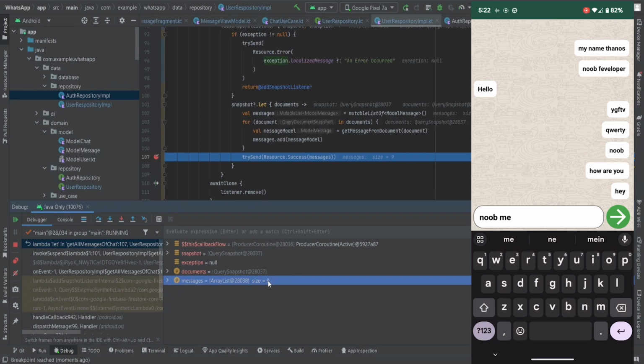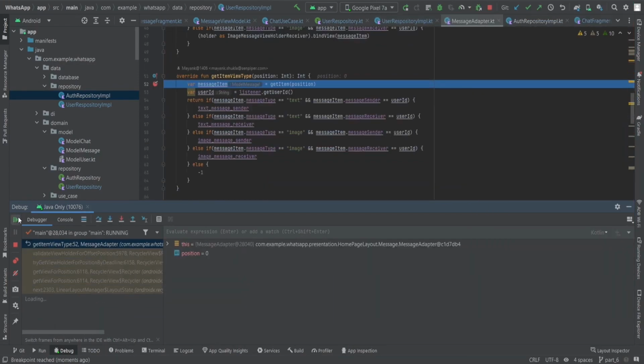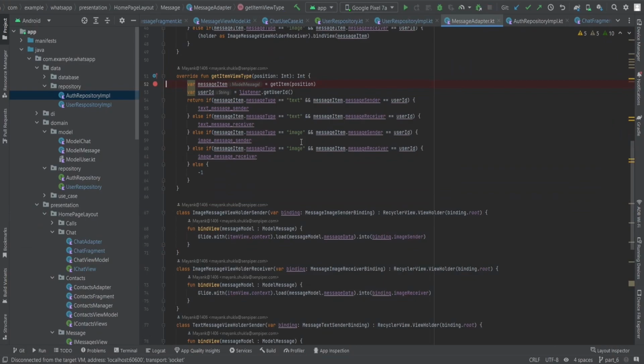If we type this again and again, it keeps growing. Now let's leave it like this and close this app. Okay, it is not working currently. Why?